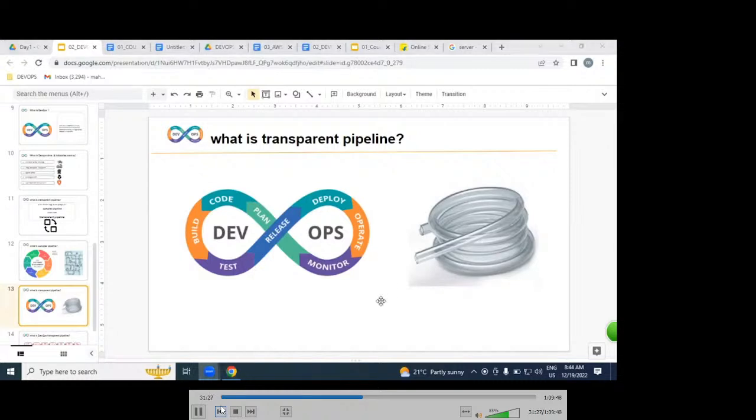If any issue or blockage occurs in the middle, you can see at one look in this transparent water pipeline exactly where the problem is, and you can resolve it as soon as possible, right? The same way with the DevOps process. DevOps is an automated process. DevOps is a transparent process. In the middle, if you get any issue or any problem,